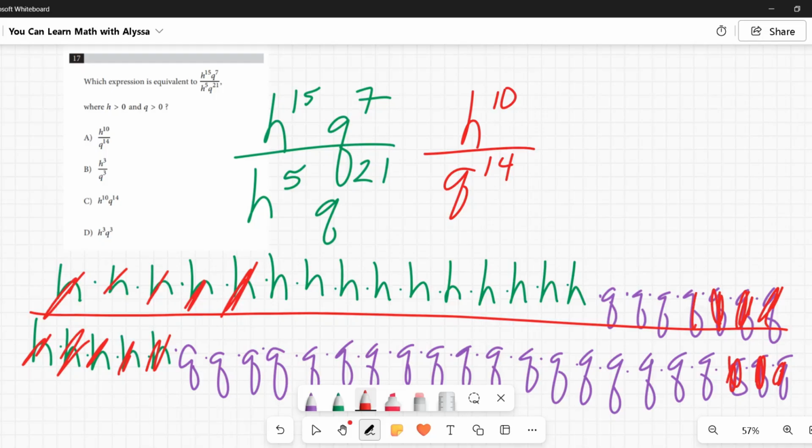One on top, one on bottom, one on top, one on bottom, one on top, one on bottom, one on top, one on bottom, one on top, one on bottom. And there we go. And now you have 1, 2, 3, 4, 5, 6, 7, 8, 9, 10 H's left on the top, and 1, 2, 3, 4, 5, 6, 7, 8, 9, 10, 11, 12, 13, 14 Q's left